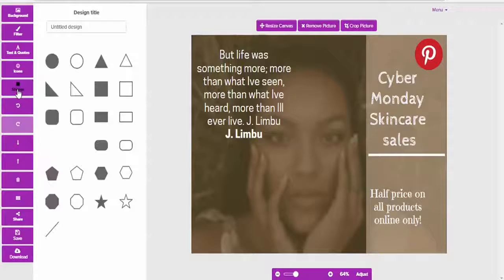And we can also add some shapes. So again, there's loads and loads of shapes. Undo, redo, and then you can move a layer back or move a layer forward, and then share, save, and download. So hopefully you found this short tutorial beneficial,